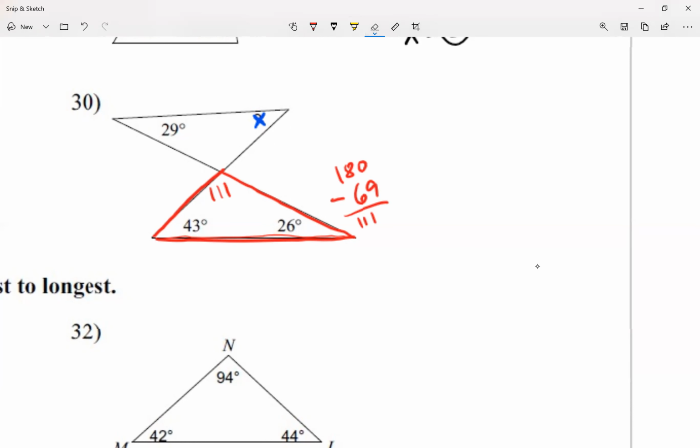Based on the vertical angle theorem, right? When there's an X form, you guys see my X here, opposite angles are equal. So I'm going to say this is 111 based on the vertical angle theorem. Now,